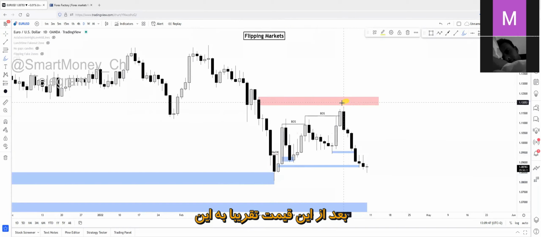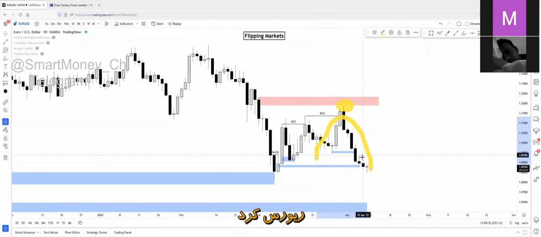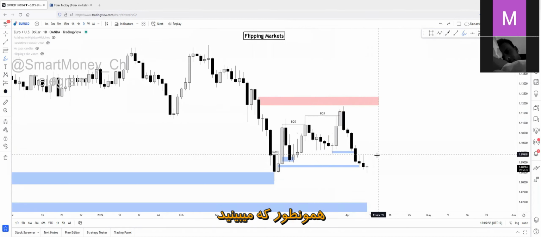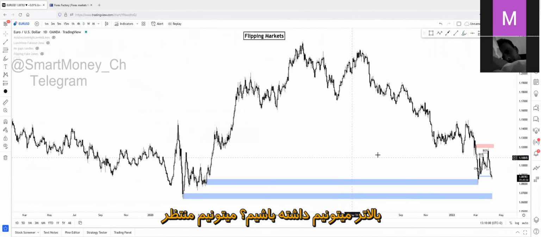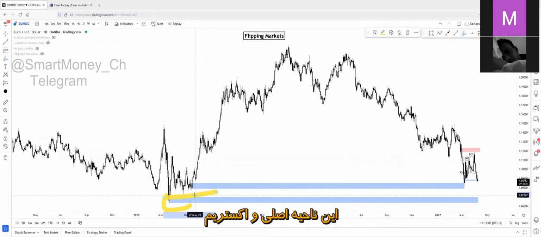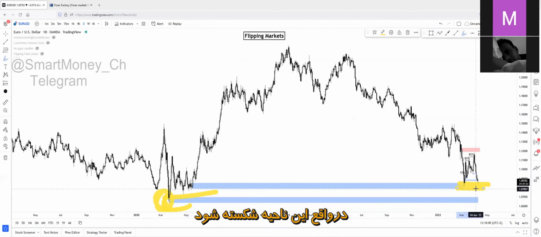After this, price almost tapped the supply zone up here and reversed to the downside immediately. And it seems like the bearish order flow is being continued to the downside, as you can see. So what can we expect from the higher time frame actually? We can expect a reaction on the realest origin, the realest extreme zone right here at this region. We can expect a break of this zone actually.